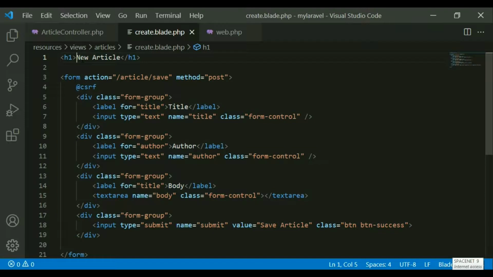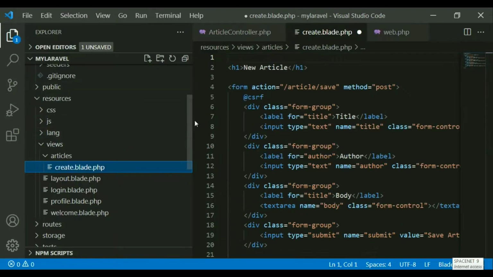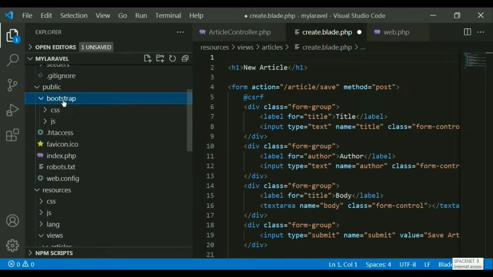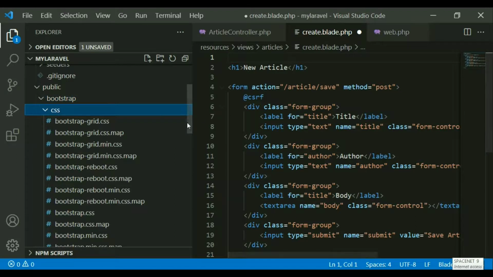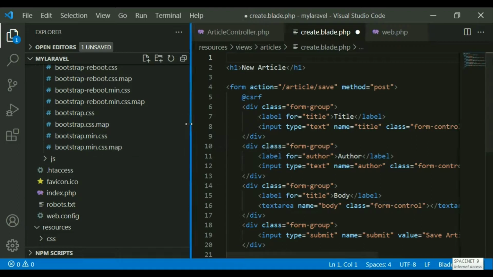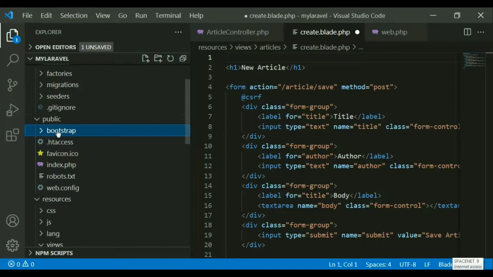So what I have to do is I want to use Bootstrap. I have already stored my Bootstrap here. You see the public folder? Inside the public folder, this is the Bootstrap library. I have just copied and pasted. You just do it yourself. Just download Bootstrap and store the Bootstrap folder inside the public folder. Yeah, just like this. I have the CSS folder, and inside it I have this bootstrap.min.css file. Okay, so this is how we can store the Bootstrap library.